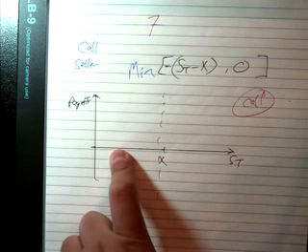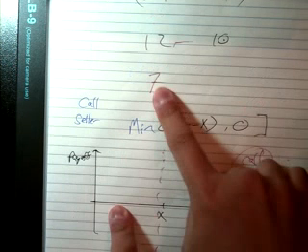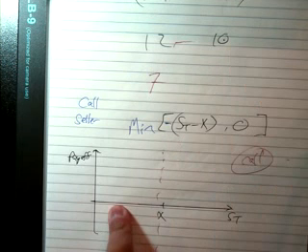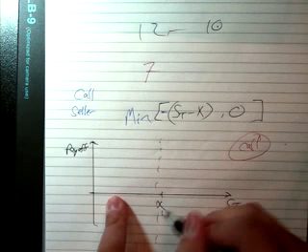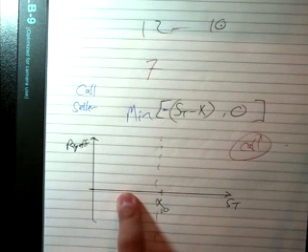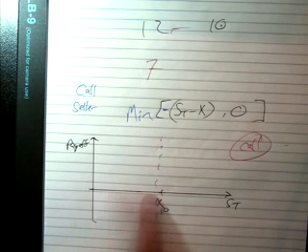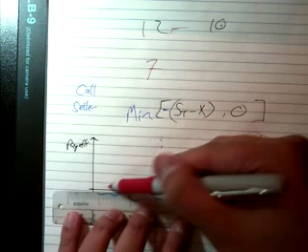Back to this example: S is 7, the X is 10. If I put in some numbers and say that this is 10, then 7 is less than 10, which means that the holder is going to walk away. I'm not going to use this contract. I can buy it directly for 7. So this is the part where nothing happens. So in your diagram, this is simply flat.